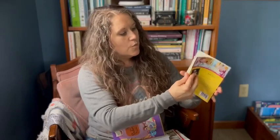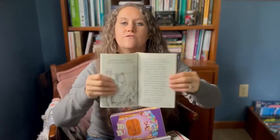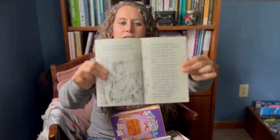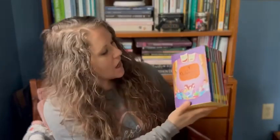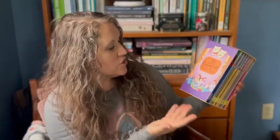of Shakespeare. So this one is Julius Caesar. I'll open it up so you can see the text is very large. And so it's great for young readers to get a taste of Shakespeare when they're young. So we have had this set of these children's Shakespeare, I'm dropping it all over, 20 Shakespeare children's stories. So we've had this set for a very long time,